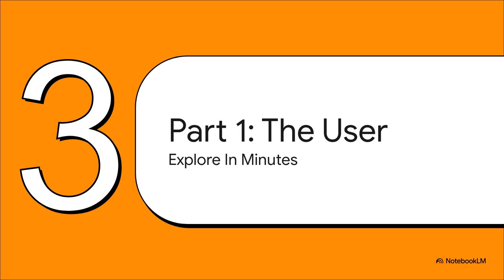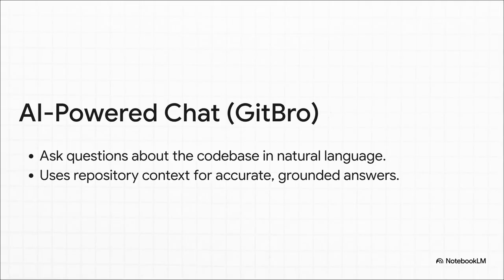Let's say you found a cool new project. How does this tool actually take you from feeling confused to feeling ready to contribute in just a matter of minutes? First up, you've got this AI chatbot they call GitBro. And this is cool because instead of digging through files yourself, you can just ask it questions in plain English. Things like, hey, where's the authentication logic handled? And because the AI is grounded in that specific repo's code, the answers it gives you are actually accurate and